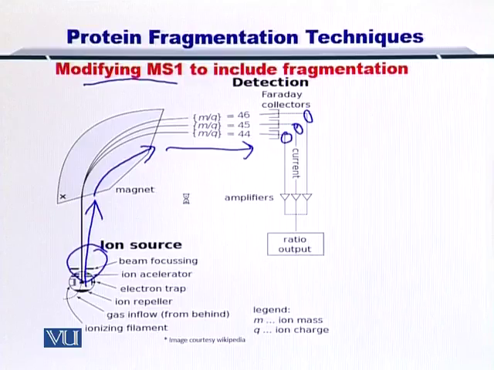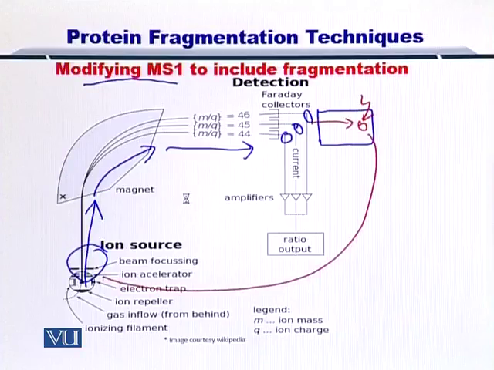Now, if you have a chamber here, an instrument that gets hold of one of the mass over charge ratios, that is one specific molecule, and then somehow fragments it, then you can insert it back into the mass spectrometer and this entire cycle